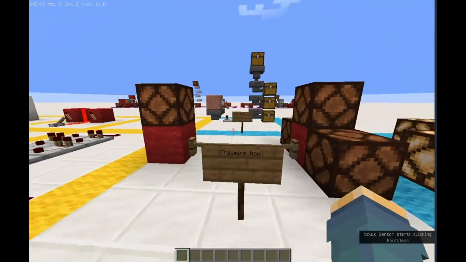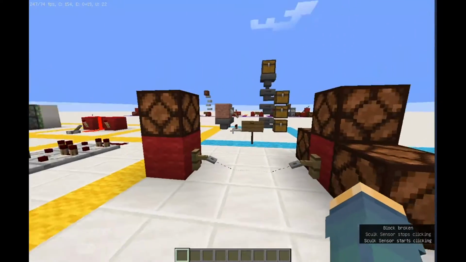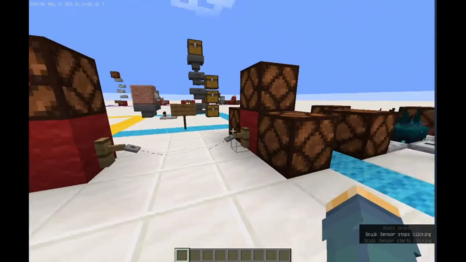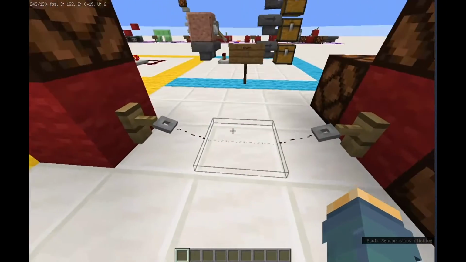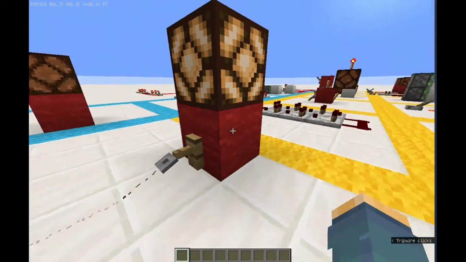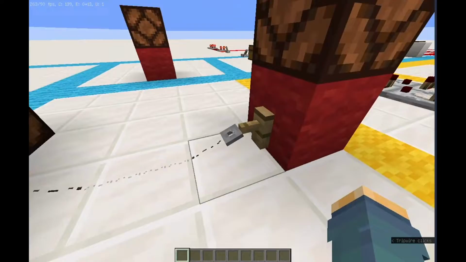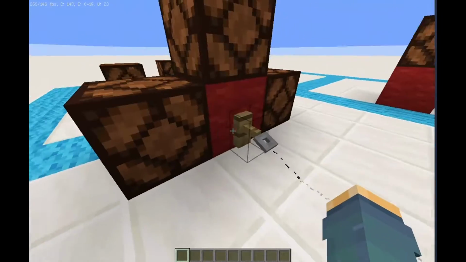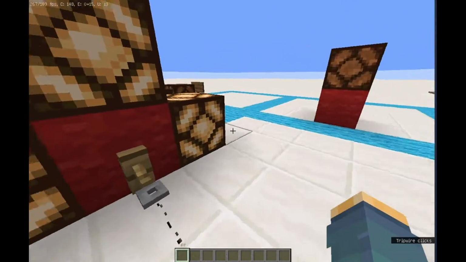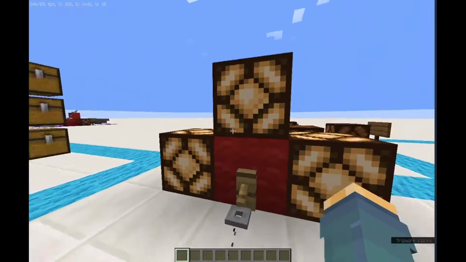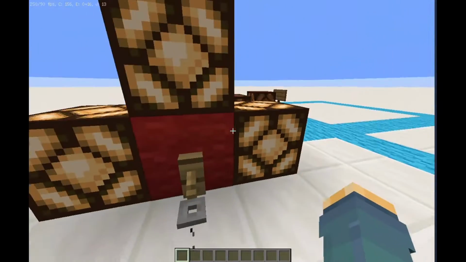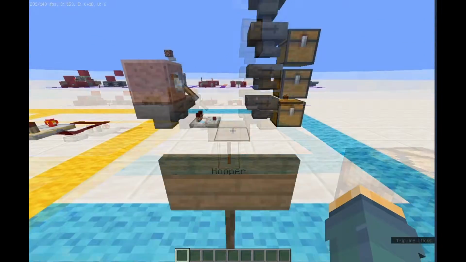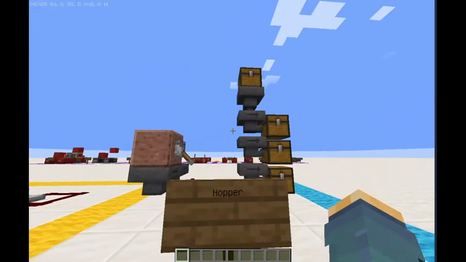Next up is the tripwire hook, not tripwire. When you walk over it, it will power the block that it is hooked on. So you can see the tripwire hook is hooked on this block, and the other one is hooked on this block. When we walk into it, it will power all these lamps, and it will not power diagonally. I should have introduced this in the